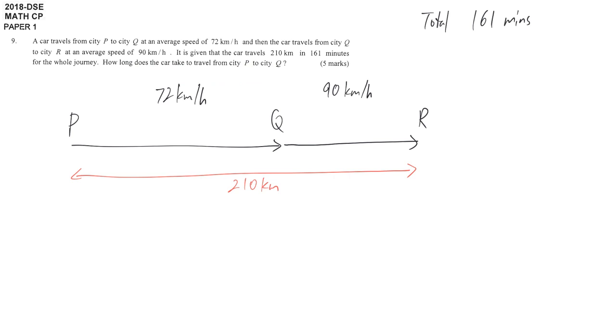But think carefully. In section A, there are some question types that are really common. And that question type is simultaneous equations. Even though it's not the typical type, this is a simultaneous equation, you can solve it by letting two values. The key point is they give you a tip: they ask you how long does the car take. That means we are concerned about the time. The first thing you should do is let the time